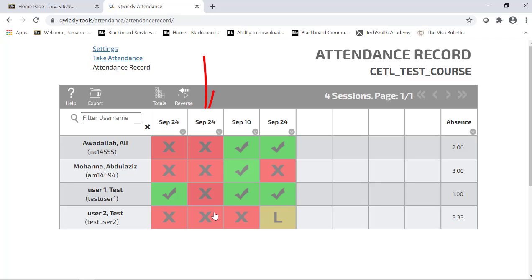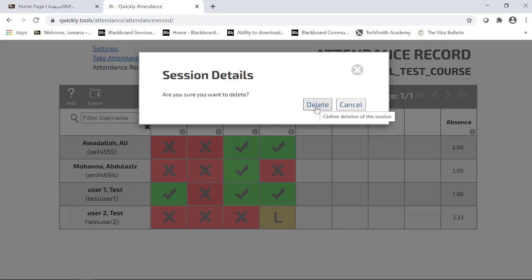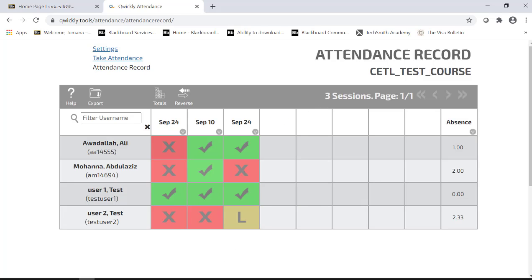Notice here that in this column, all students were recorded absent, and this was recorded when we enabled the check-in but no students logged in to record their attendance. So if I have done this by mistake and I want to delete this column, I can do so from the header of the column here, and I click this arrow. I can see the session details and I need to click delete session,